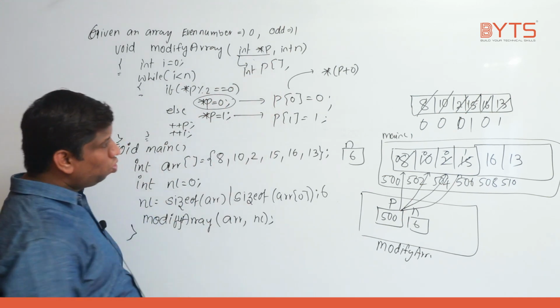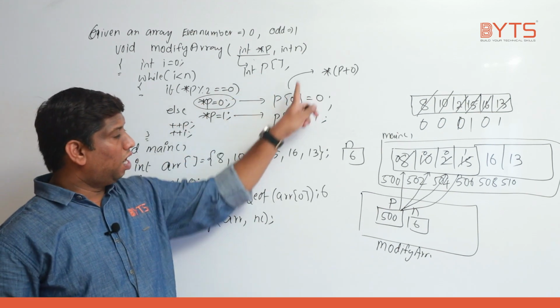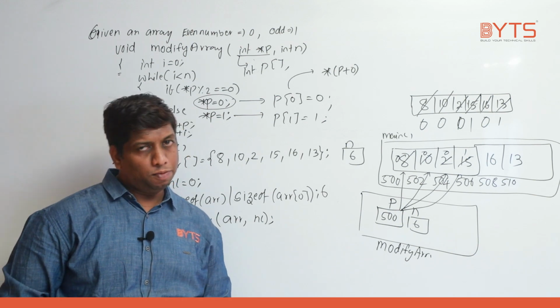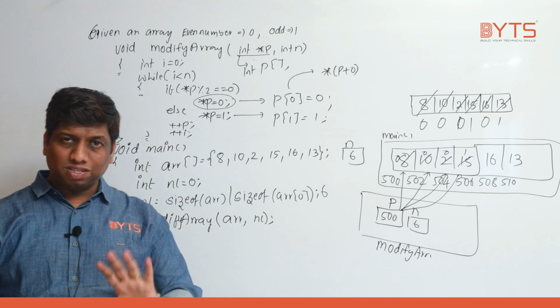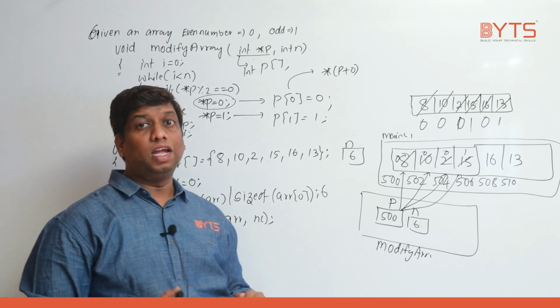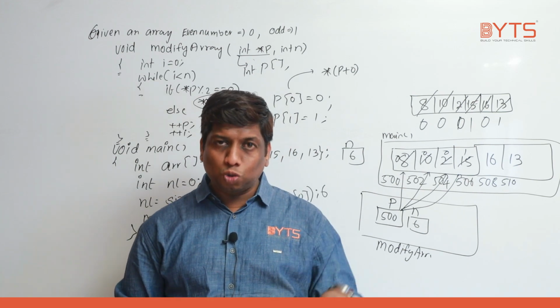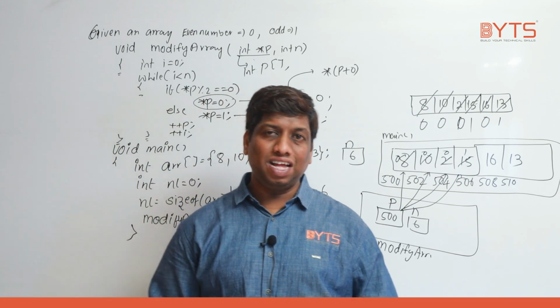Int p index. So going forward, I will be using this convention, and I will be using this convention. Make sure the meaning is a pointer and it contains the starting address. So the intention of this program is not making the element 0 or 1. The intention of this program is that I can change the array values present in one function via another function because of passing the addresses.